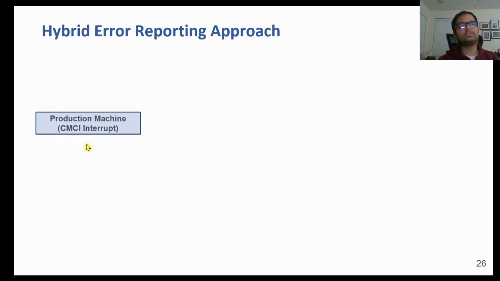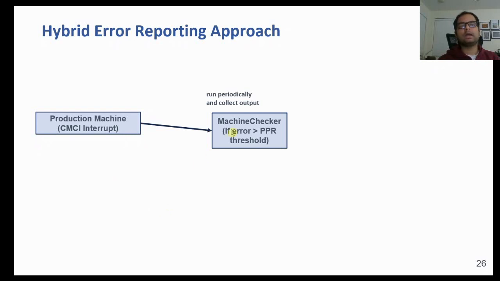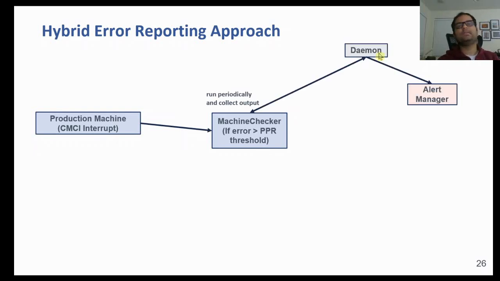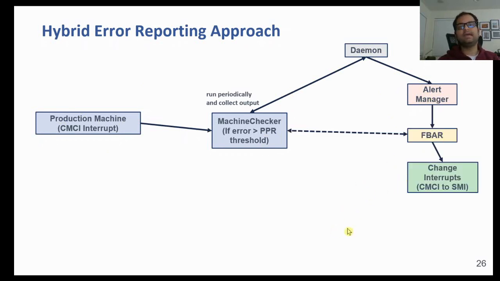Let's say there is a production machine which is configured to run on CMCI interrupt. Now, our periodic health collection daemon comes in and sees that the error count on this machine is greater than our predefined threshold for doing PPR. If that is the case, then an alert manager triggers and says this machine is now a good candidate for post-package repair. And FBAR then implements a custom remediation, which says change interrupts from CMCI